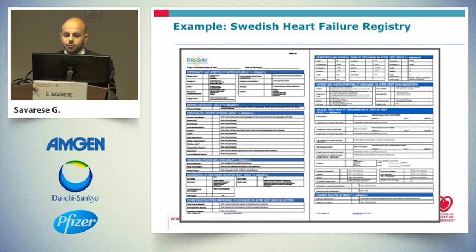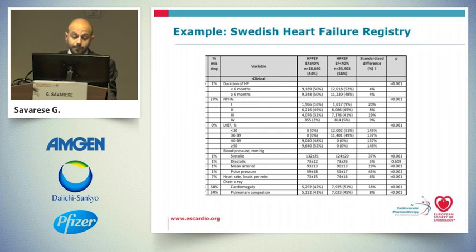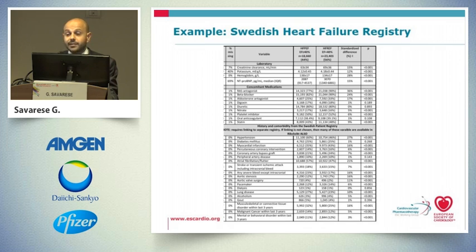So this is just to show what our CRF looks like. It's 2 pages, around 100 variables. And as you can see, we have a lot of variables. Demographic variables such as age, gender, socioeconomic variables such as living arrangement, if a patient is an inpatient or an outpatient, if it was registered in cardiology or internal medicine, information about the follow-up, clinical history, if the patient is smoking or not, the duration of heart failure, clinical characteristics such as the NYHA class, the ejection fraction, blood pressure, heart rate, data on X-ray, and kidney function,